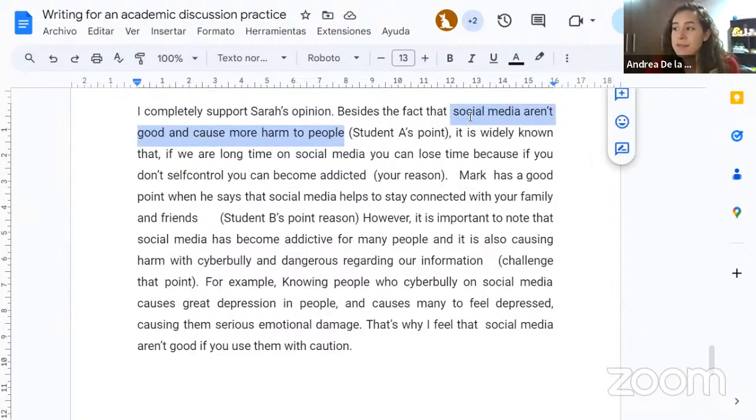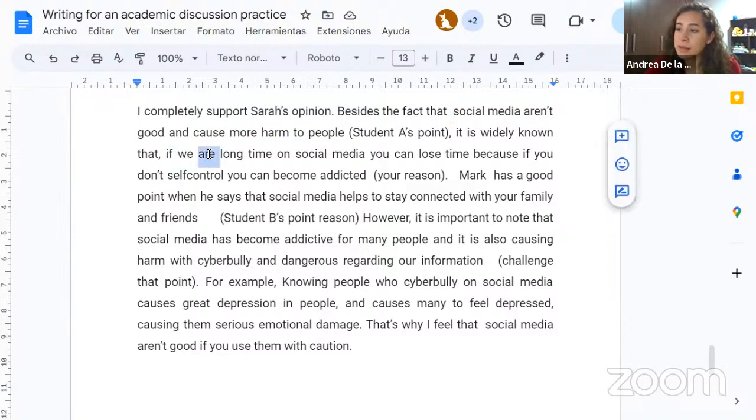So you need to say, besides the fact that social media has caused mental health problems in many people, it is well known that if we spend a lot of time on social media, we can lose time because if you don't self-control, you can become addicted. Okay, I like this. Maybe the phrasing, you could say, it is widely known that